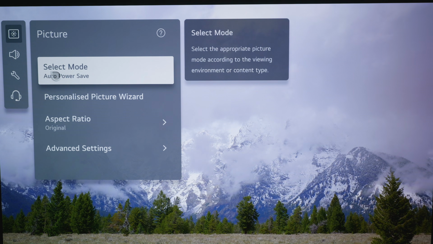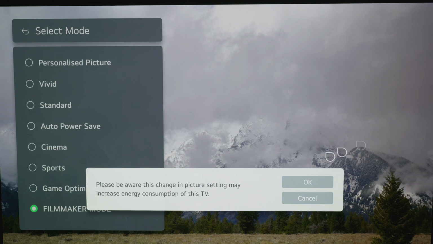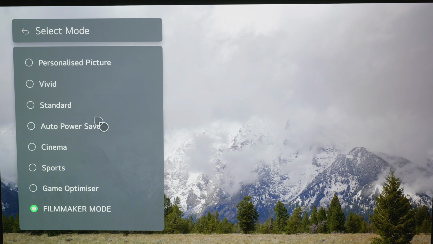Right, so select mode. We're going to click on this and we're going to go to filmmaker mode. We're going to click OK, and then